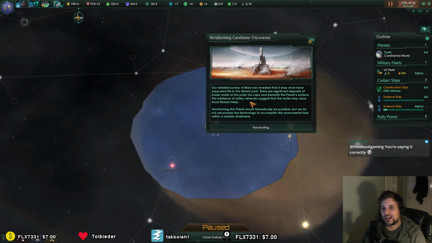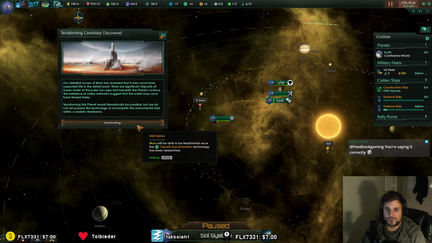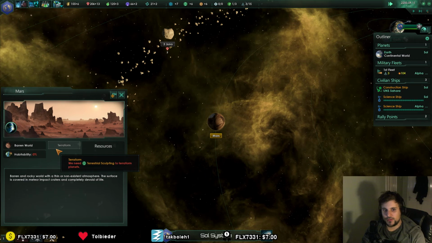Terraforming Canada discovered, which is Mars. So what that's telling us is that's actually a fixed event if you're playing as the United Nations of Earth. Mars is always going to be something that you can terraform later in the game when you unlock that research. Okay, but it says requires terrestrial